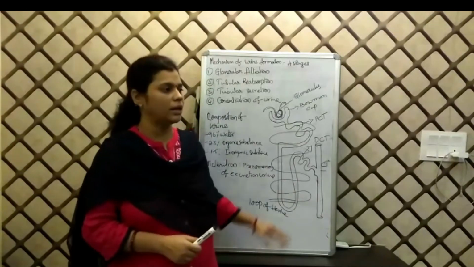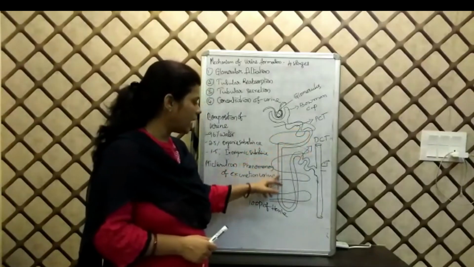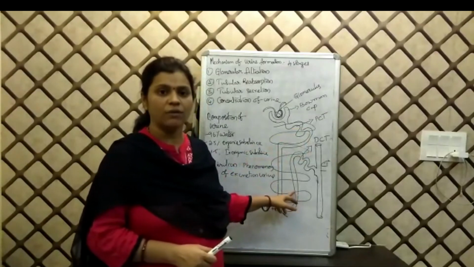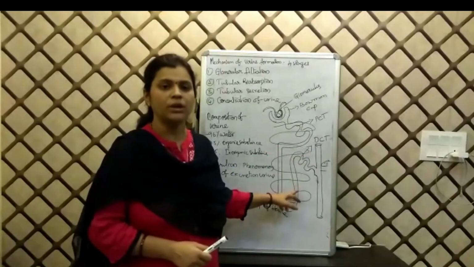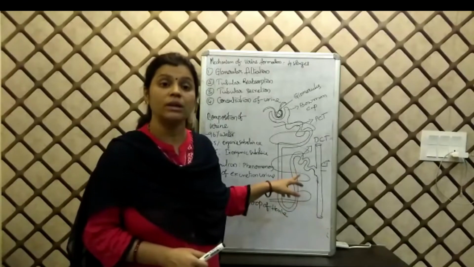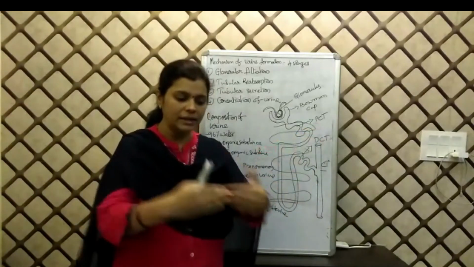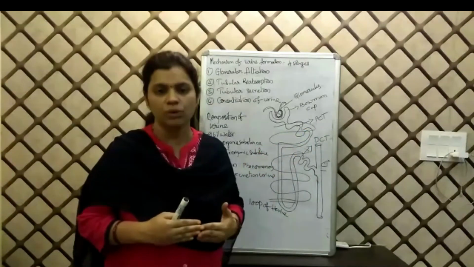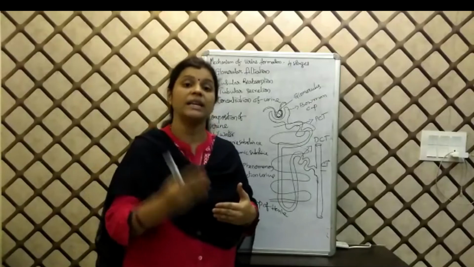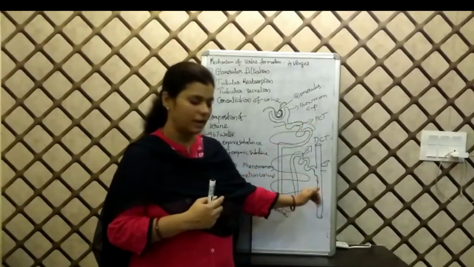And then the urine which is coming down from the PCT will come down near the loop of Henle. As we have a network of tubular capillaries, whatever substances have been reabsorbed in excess near the PCT will be returned back once again to the urine. So the excess salts and ions which were reabsorbed in the PCT will be given back into the blood once again.